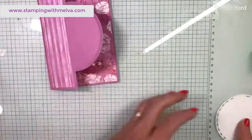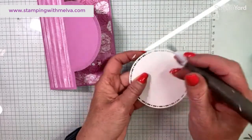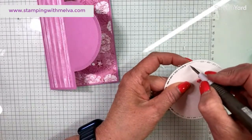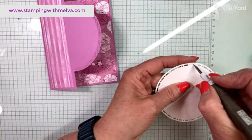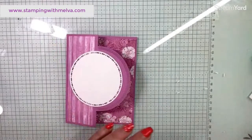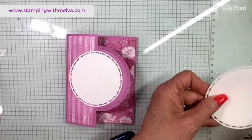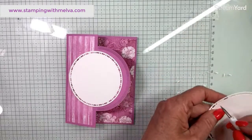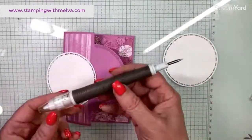Okay, so like I said, I went ahead and I cut out a couple of these circles, what I'm calling the dotted line. And of course, I didn't poke out these little bits ahead of time, so you're going to have to watch me as I poke out. My thought is we're going to put one of those on like that. And I've got another one here. So we'll do the same, poke out the dotted bits. If you run this through a couple of times, many of these little bits when you're die cutting will just fall right out. And if you have the brush end that fits onto your Take Your Pick tool and the foam,